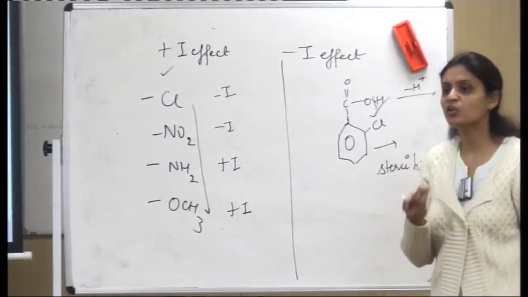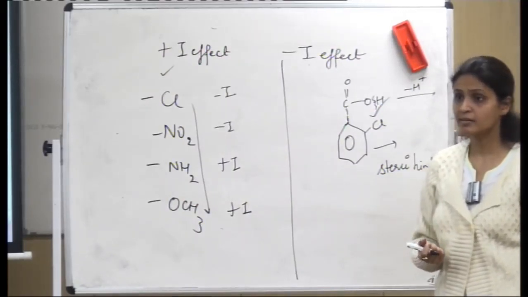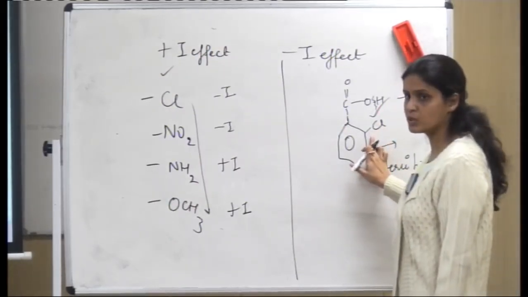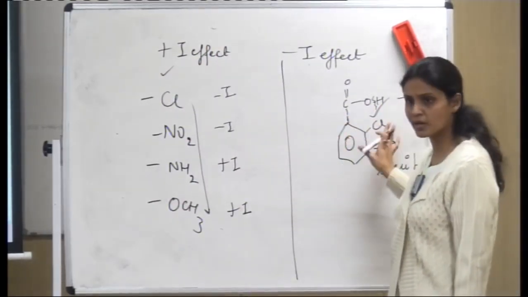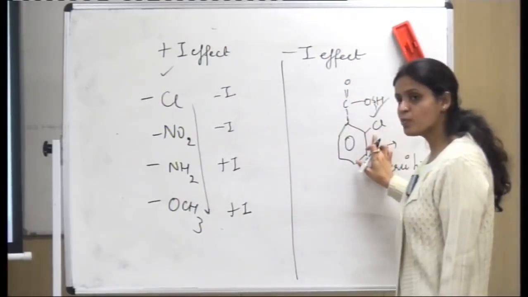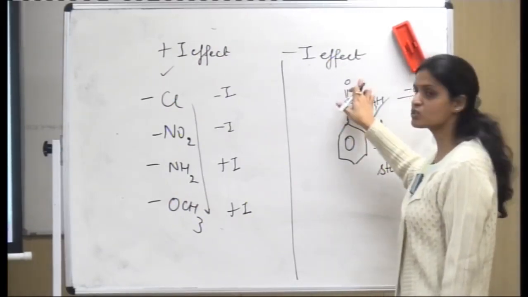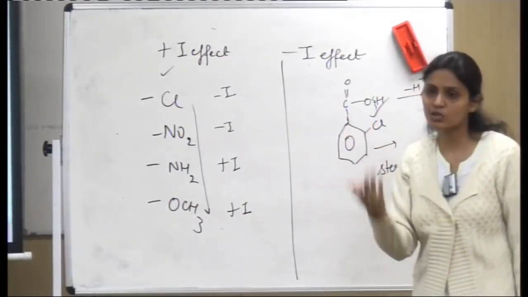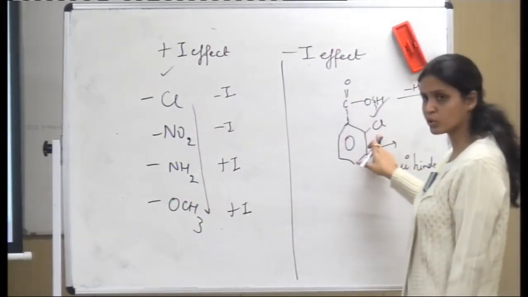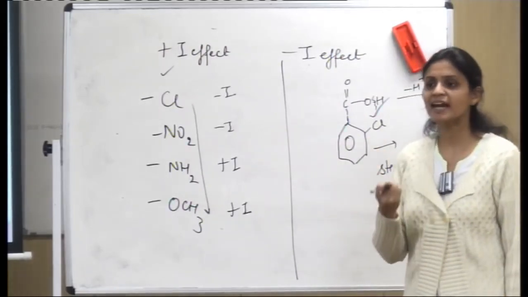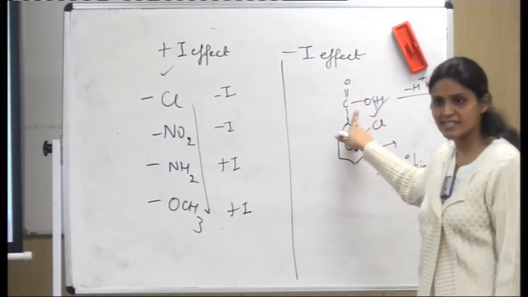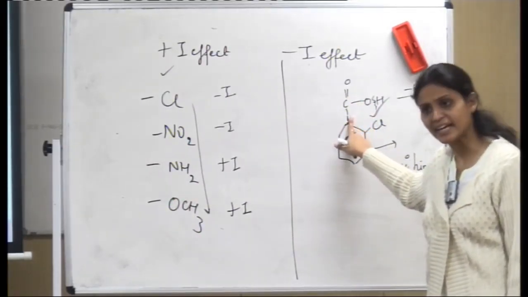Anything which can easily donate a proton is known as a good acid, right? So whenever you have a group ortho to the carboxylic group, next to the carboxylic group, this effect is known as the ortho effect. Due to the steric hindrance between the carboxylic group and the group ortho to it, this proton gets easily dissociated, due to which these kinds of acids are highly reactive.